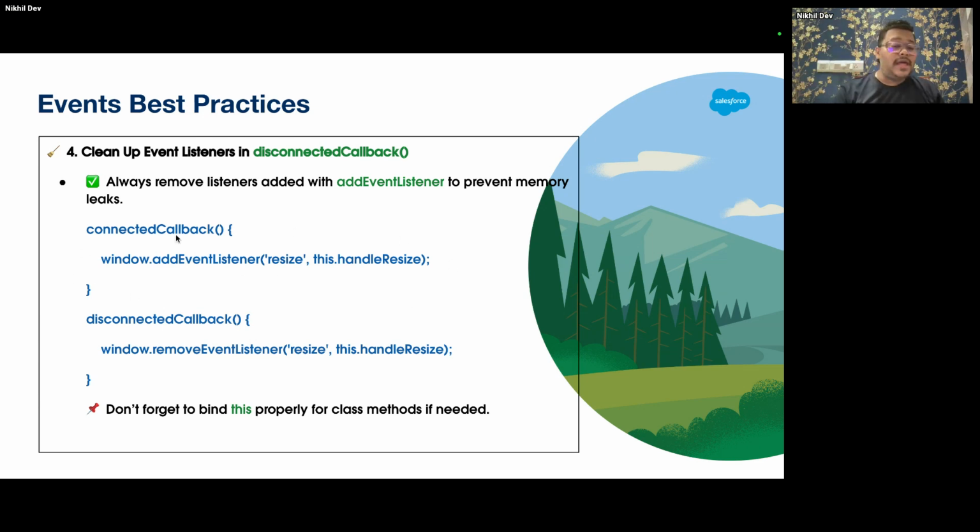is getting called, or this variable is still a part of your memory. That automatically piles up in your memory when you are doing a lot of connected callbacks and complex architectures. So you should avoid that. What you can do is call a disconnected callback and do window.removeEventListener for this method. So whatever window events you called in your connected callback will be removed from your memory, and this will improve the performance of your LWC component. Okay,